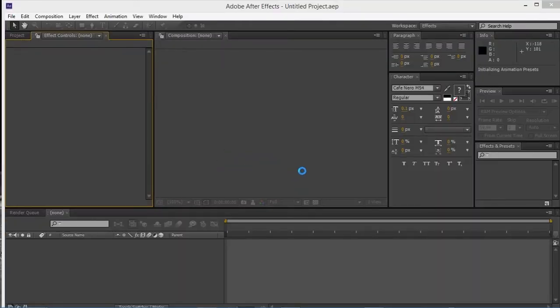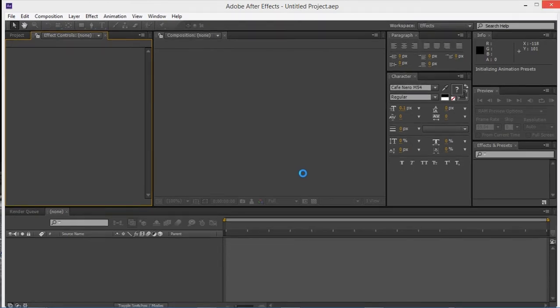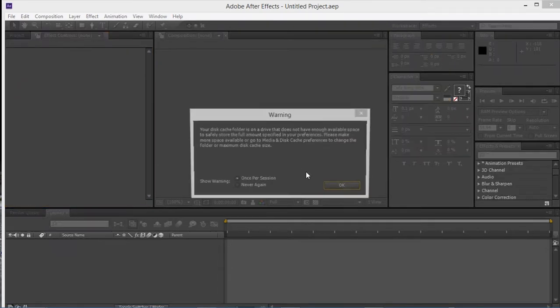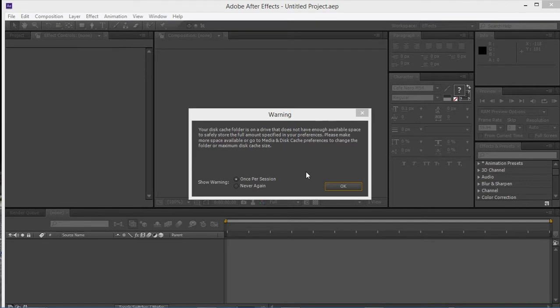Right, so now After Effects has finally loaded. Pretty much, it's going to come up with an error message first. God, I love Windows 8. Right,